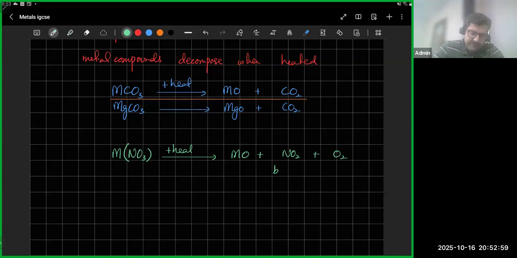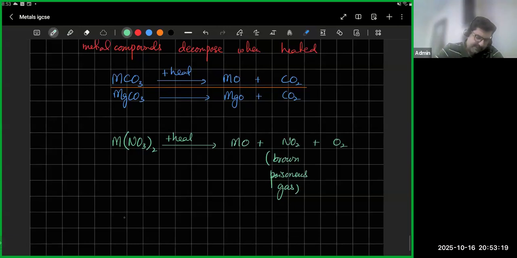NO2 is a brown poisonous gas. ठीक है, that's a brown poisonous gas. So make sure you remember this, कि metal nitrate, when you heat it, it will produce metal oxide, NO2, and O2. और उसका एग्जाम्पल कर लेते हैं, like if I have calcium nitrate,